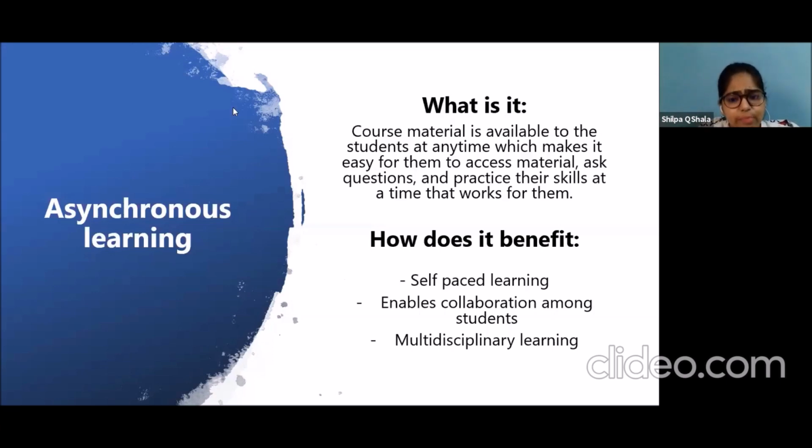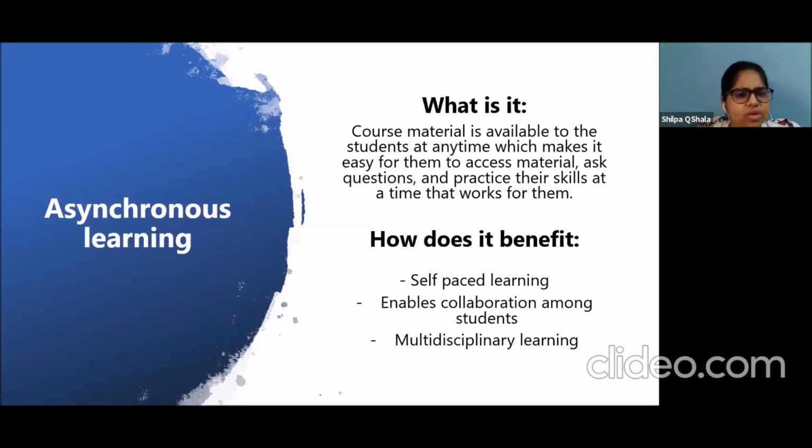So how does this benefit? One is that there is self-paced learning that is happening. We will also talk about how asynchronous learning helps in building collaboration among the kids. So it helps them to collaborate, and it also helps in multidisciplinary work or learning, right?